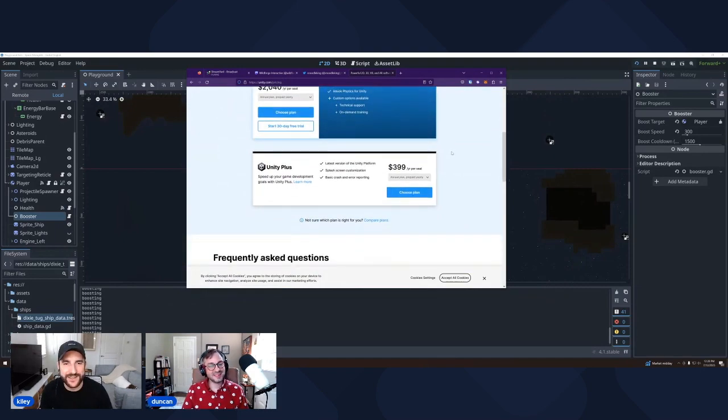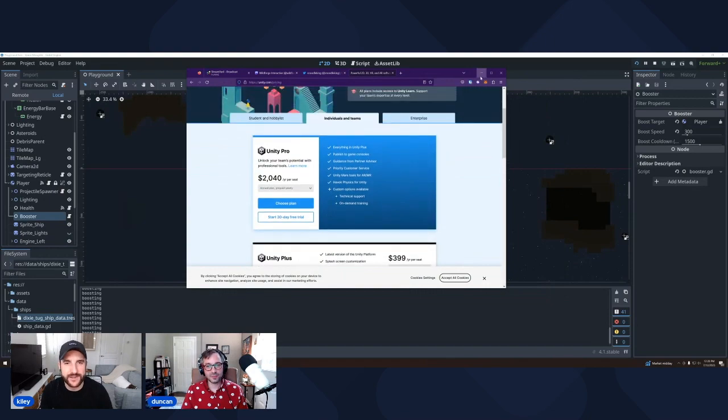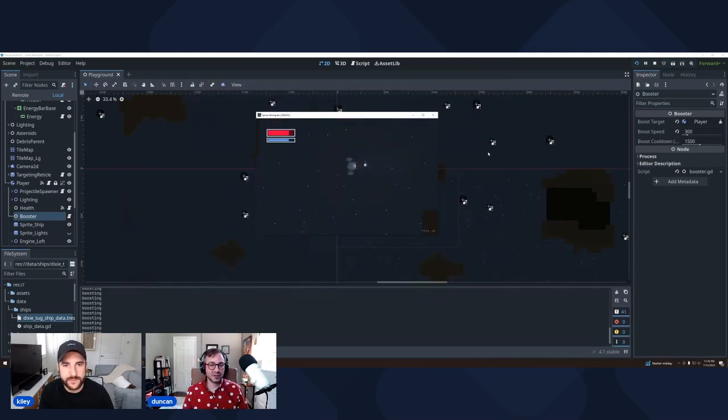With Godot, you're probably going to have to pay someone to port it, unless you have a dev kit, and those cost money. I don't know how much it would cost to do that, but if you're going to go to console, you're probably going to be paying money, and if you're going to console, you're probably making money too, right? But with Unity, to do Steam and a lot of the other targets, it's free. Unity is actually pretty great, and can be free, but if you're trying to do consoles, it's going to cost money.